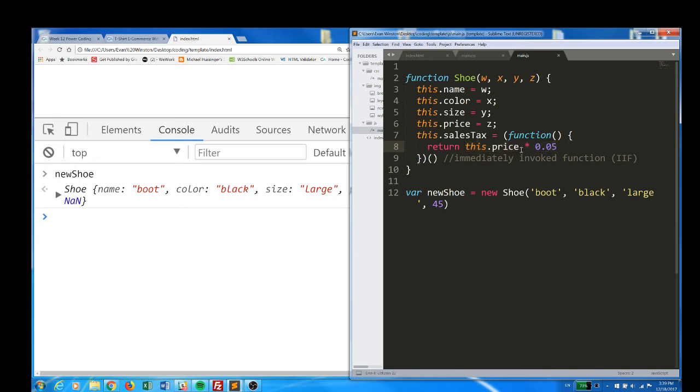So I had to come in here and change this.price, which we defined up here, but remember, this has changed its meaning once you arrive inside the contained function like this. So instead, I had to use the base argument that was fed into the parent function, z, which was also given a value here. Z is now equal to this.price at a point in time when this is exactly what we want it to be. Okay, so once I changed it to z, we were able to use it appropriately, and it returns